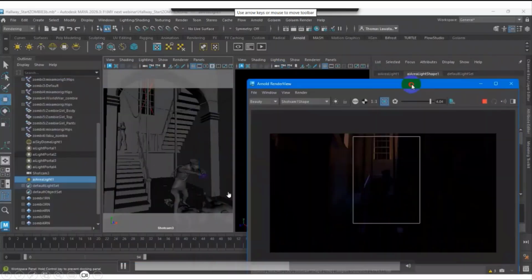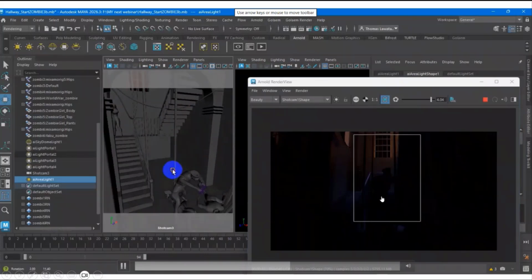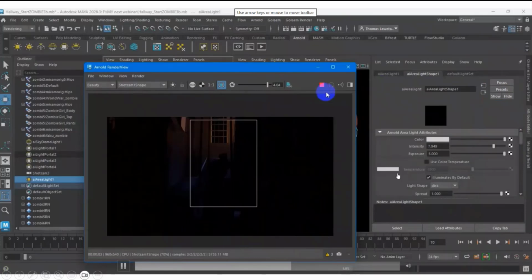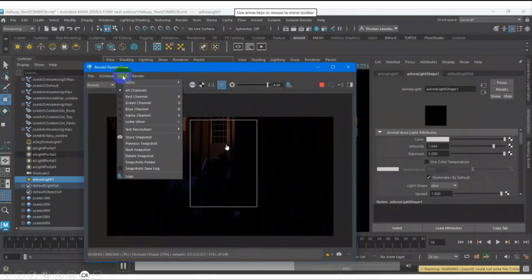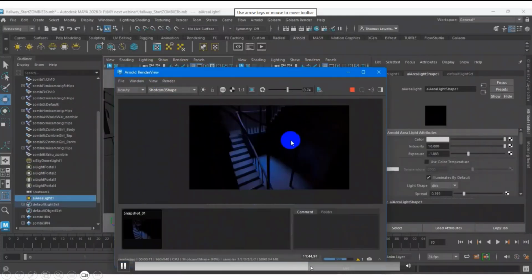So that's why I try to locate it. This is located, so you can mark the area, not the whole area you need to render. Sometimes it takes time, so in Arnold you just mark which area you want to see as the render output. This minimizes the render time. Okay, so I move.